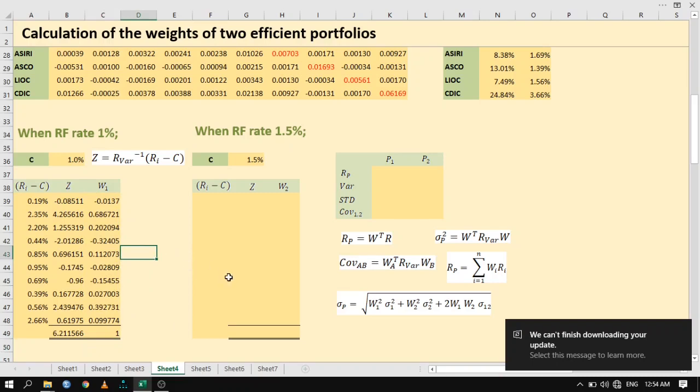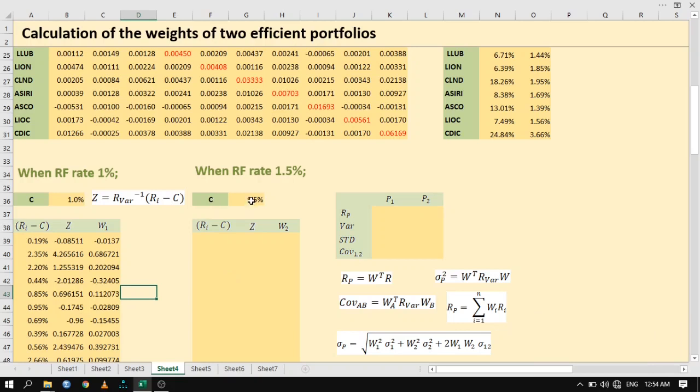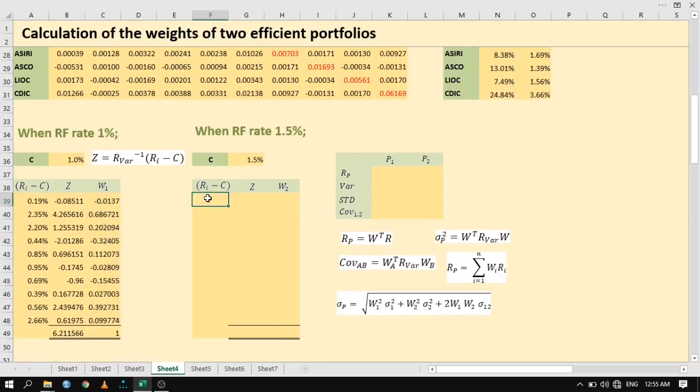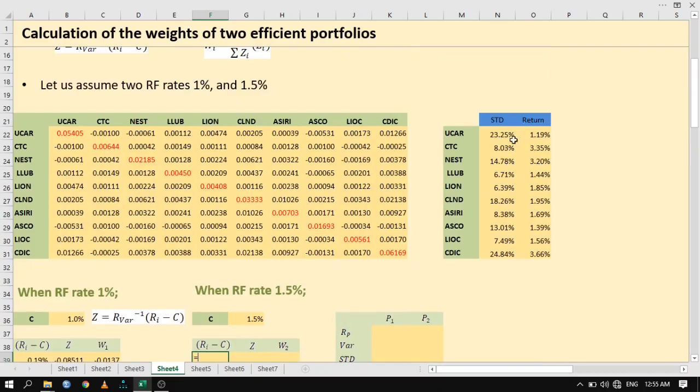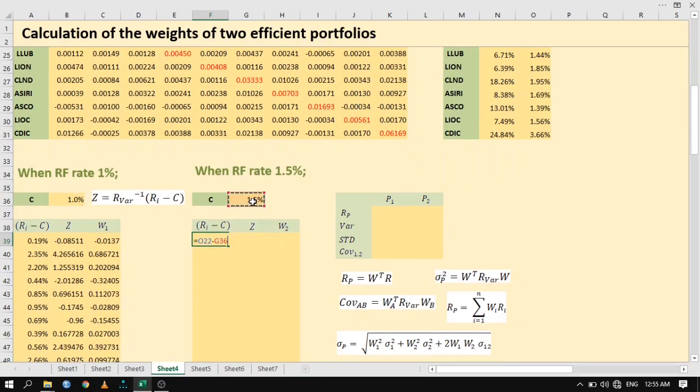Now again, what I'm going to do is assume another value for C. This time I'm going to assume 1.5 as the RF, risk-free rate, and again calculate another set of weights. Here we calculated weights for portfolio 1. Now here I'm going to calculate weights for portfolio 2. So again, return minus C. I'm going to fix this value, enter, and drag it down,